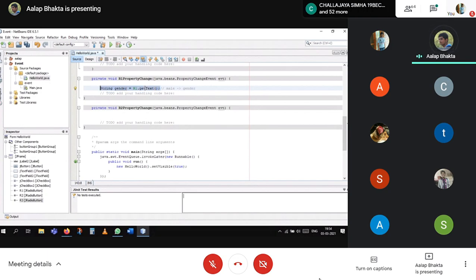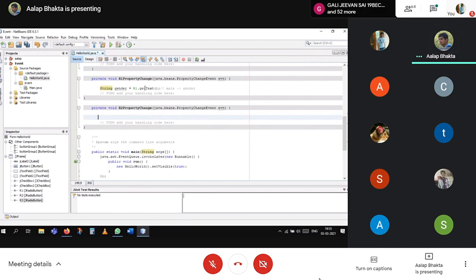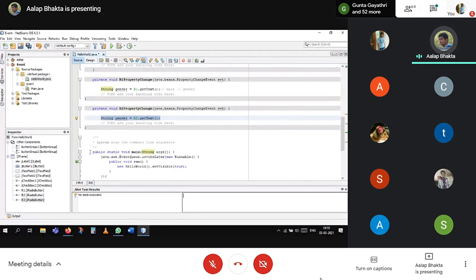I will do the same over here also, and it will store the female string to the gender string.